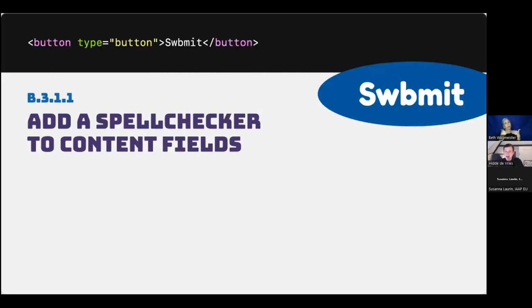Another example is a spell checker. If you make spelling mistakes, that could create accessibility problems. Like if you have a button with the text SWB MIT, it looks like submit visually, maybe, and depending on your font, it could look almost like it, but it's really hard to use for someone with a screen reader who wouldn't maybe understand the context. So if there's a spell checker, that's better. A bit of a contrived example, but in general, if your content doesn't have spelling errors, that is helpful, and it will make your content more accessible.